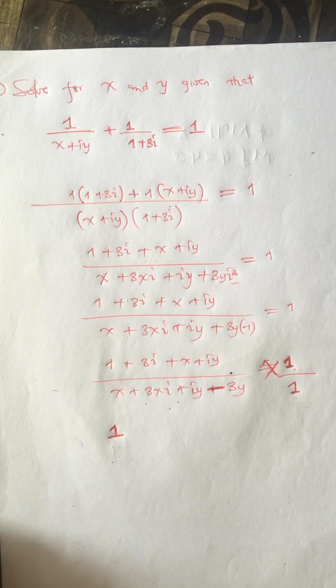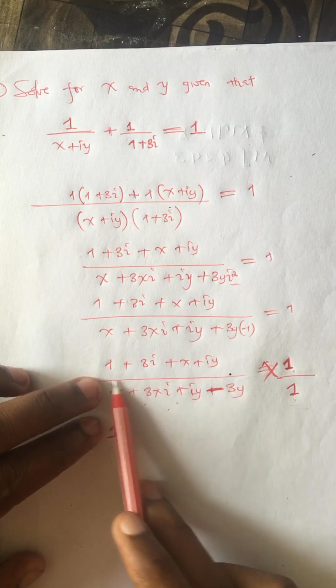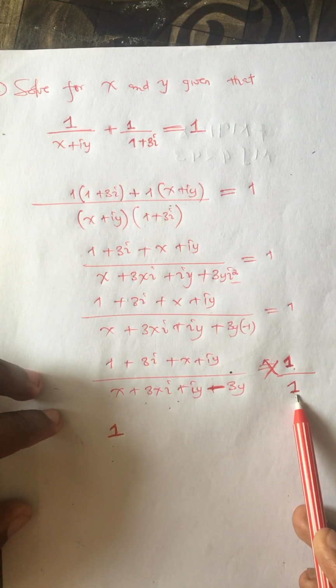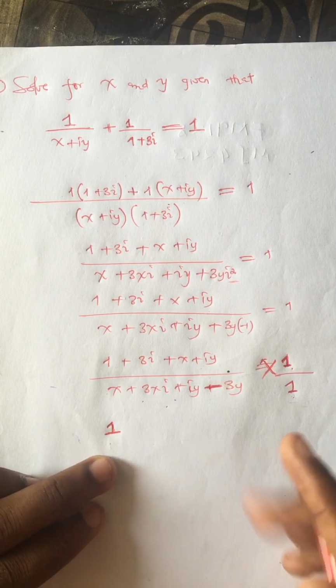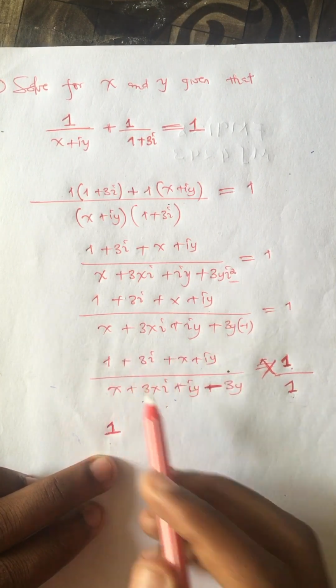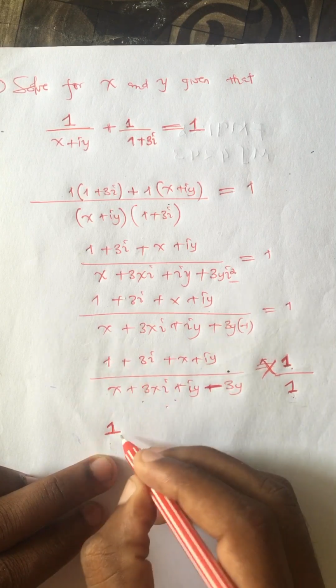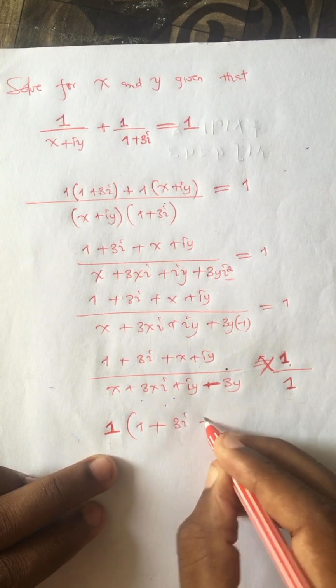All right, so this is where we ended, where we got to pause from. Yeah, so I said you multiply the numerator of this part by the denominator of the other part, then vice versa for this one. Okay, so you say 1 multiplied by the entire of this numerator, so you get 1 plus 3i plus